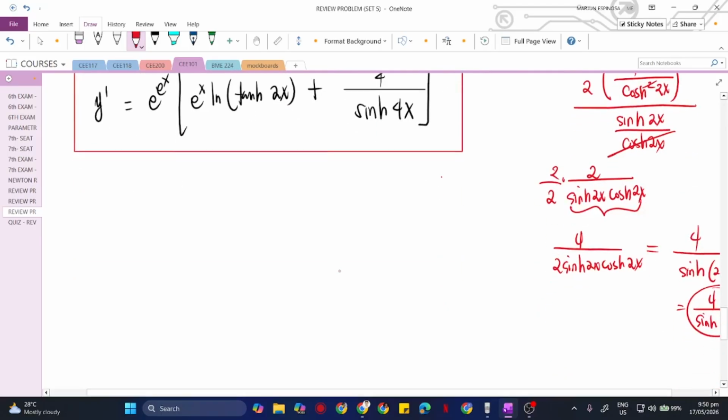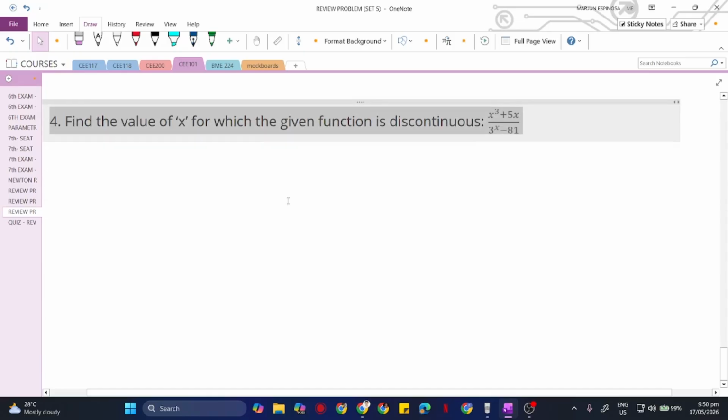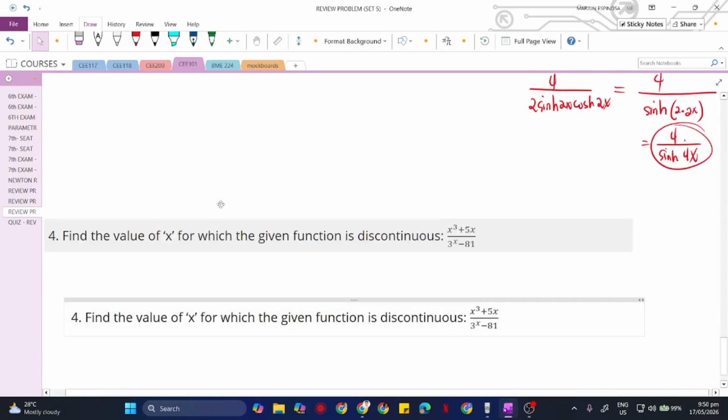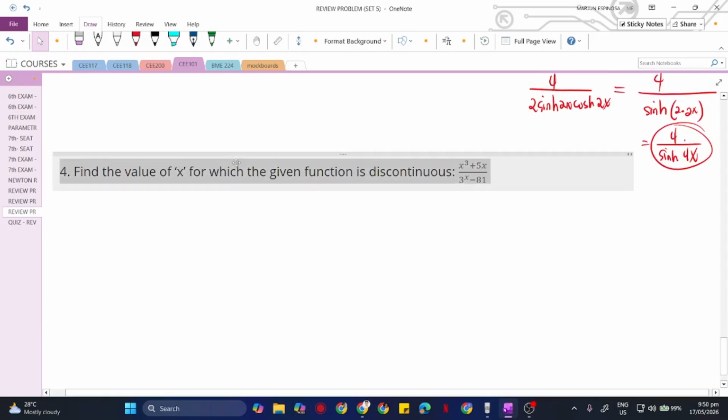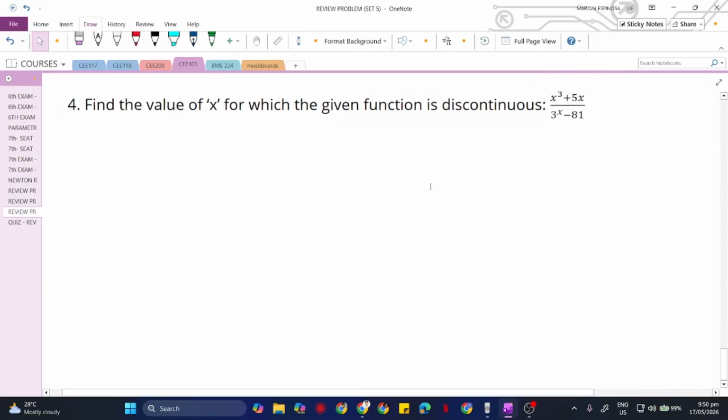Now for our last problem of this day. Okay, last problem for the day. So this one will be very quick. Find the value of x for which the given function is discontinuous. If you remember our discussion on continuous and discontinuous functions,